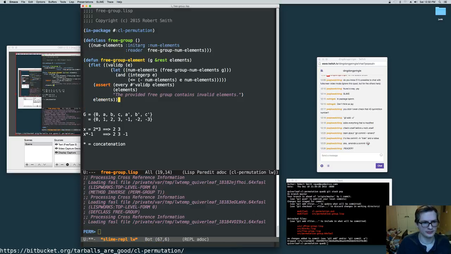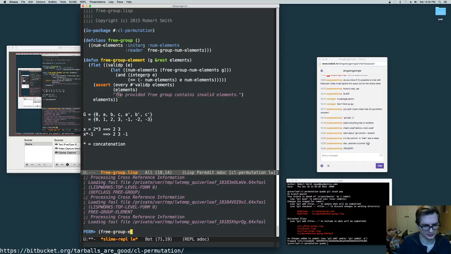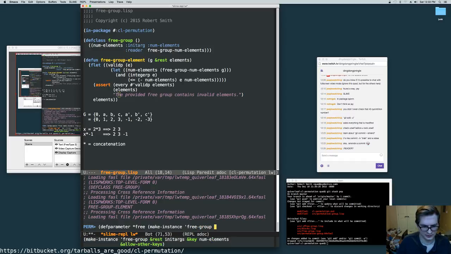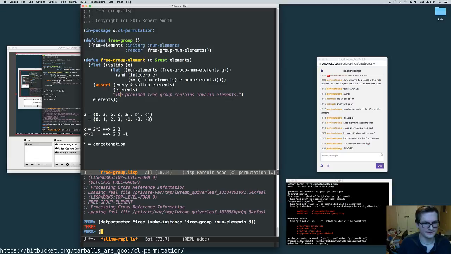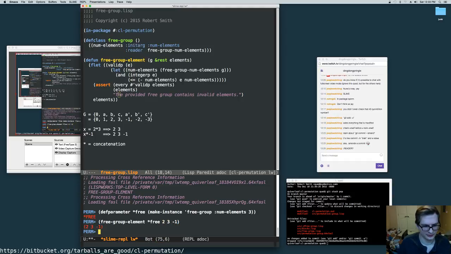Let's start with that. So if we do this and we go down to here, and we do, well, let's make a free group. Let's def parameter free, if I can type, free make instance with num elements. Let's do a free group of 3 like our example. So if I do free group element of free with, let's do our example 2, 3, -1,